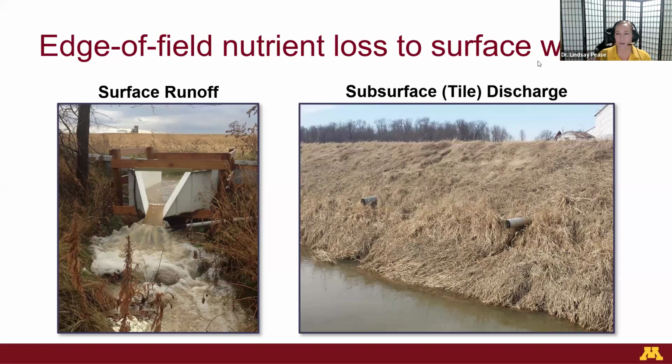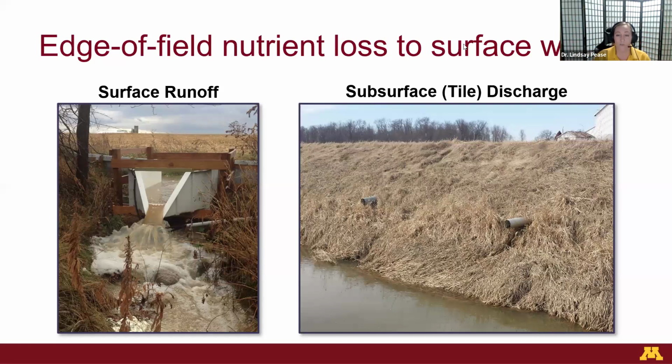If you get a really high intensity rainfall event, that water can't absorb and it will just run off the surface. Surface runoff is really flashy and high impact. And that's what we see with nutrient loading too, because it's carrying a lot of soil particles with it. It can carry a lot of dissolved phosphorus with it, and it can carry a lot of water. Subsurface tile drainage is kind of like the slow and steady version. You don't have as much flashiness, but the water will pick up particles on its way down the soil profile, and it will filter down through the subsurface drainage systems.